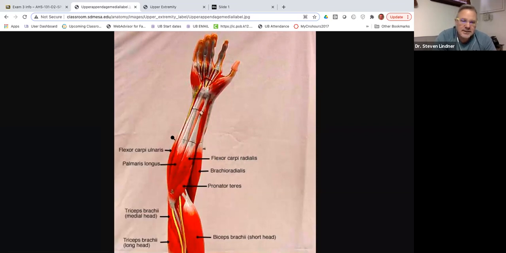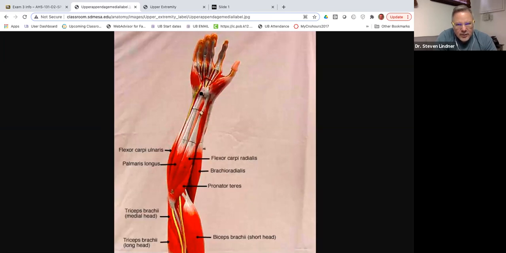Let's go to the opposite side here. Again, it's on the anterior side of the forearm, so Dr. Lindner said it's a flexor. It attaches over here to where the pisiform is, which is a carpal bone. So it's a flexor carpi, and it happens to be on the ulnar side, so it's a flexor carpi ulnaris. Between the two, there is a palmaris longus because if we look at this, it has a very long tendon